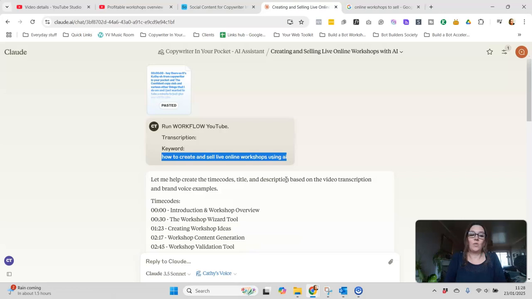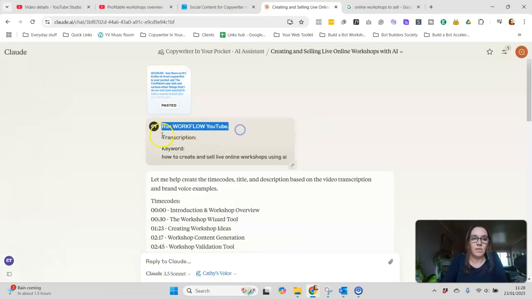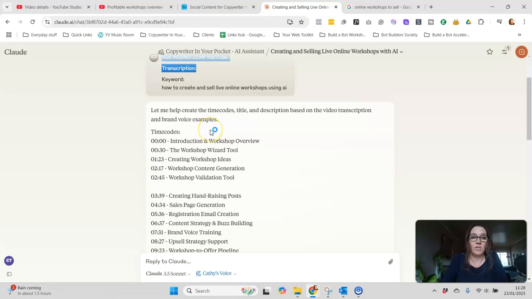And so I wanted an easy way to make sure that I'm incorporating the keywords into the description and all the bits and pieces. And so I've created this workflow. It doesn't require any fancy automations. This is literally just inside my Claude projects. So as you can see, my prompt is run workflow. I've pasted the transcription, and here's my keyword. And so then what it does is it runs through the workflow that I've given it,